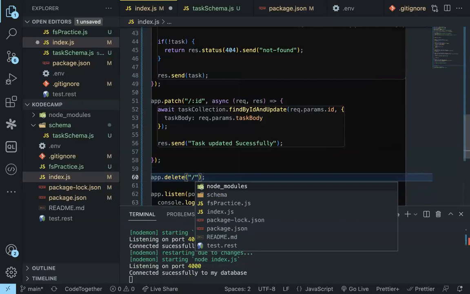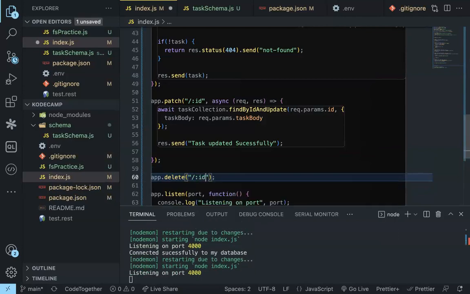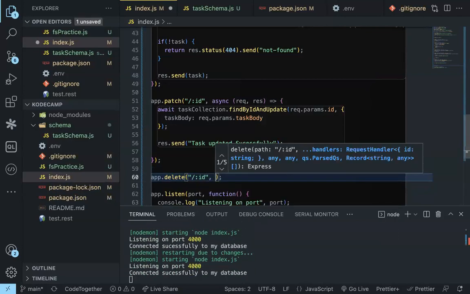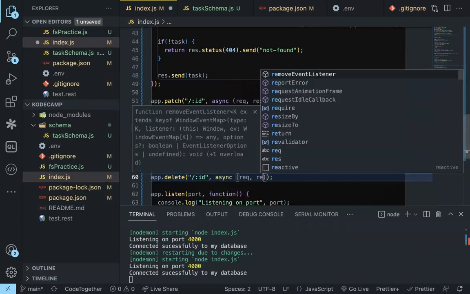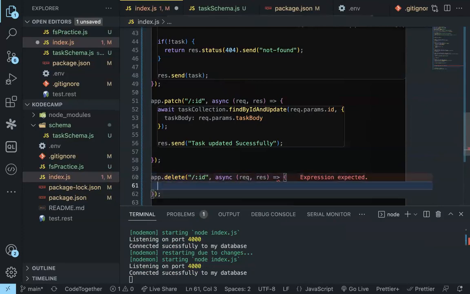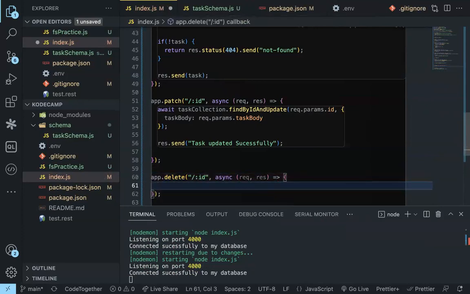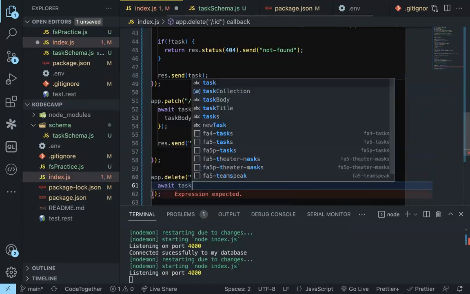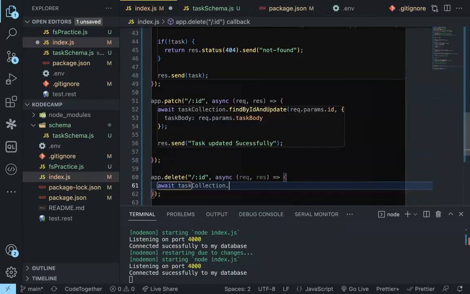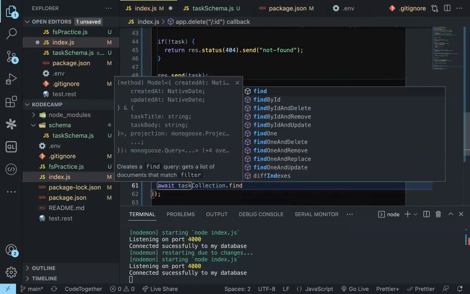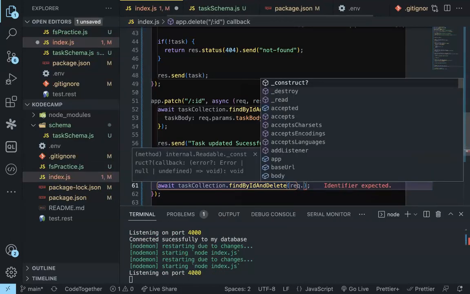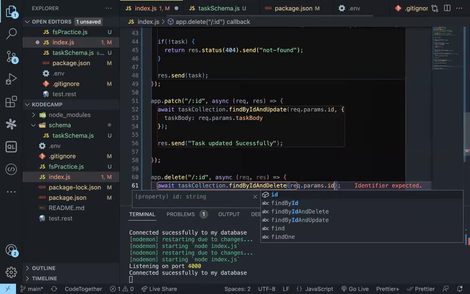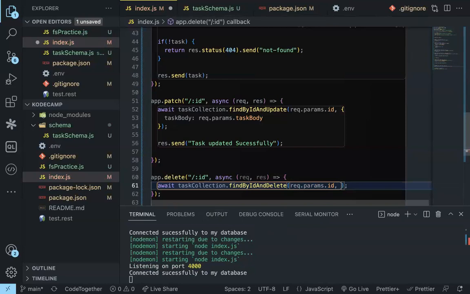And then if we want to delete, we can say app.delete, and then we would say /:id. Then we'd say async req res. Then to delete now, we'll just say await task collection dot find by ID and delete. Then inside this place, we'll pass the ID that we want to delete, and then